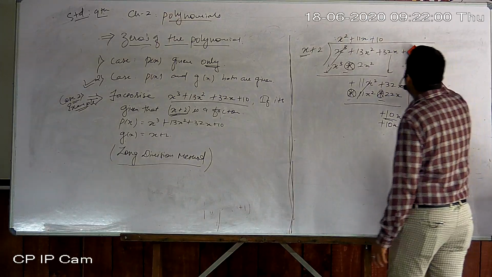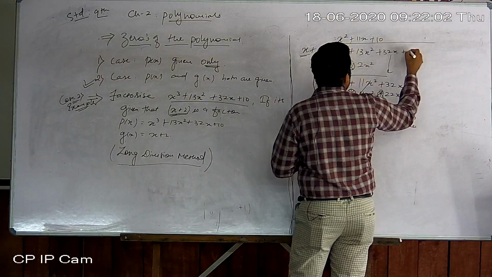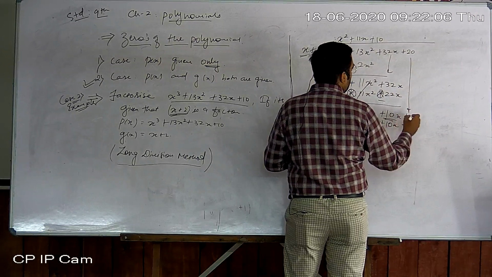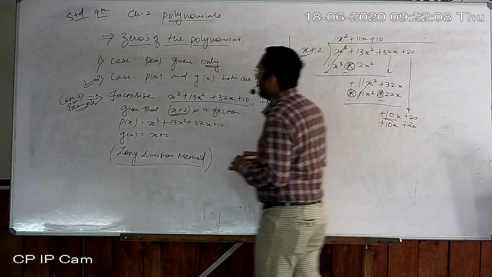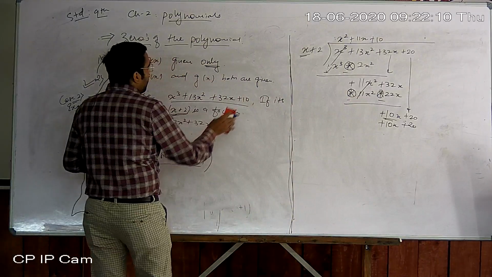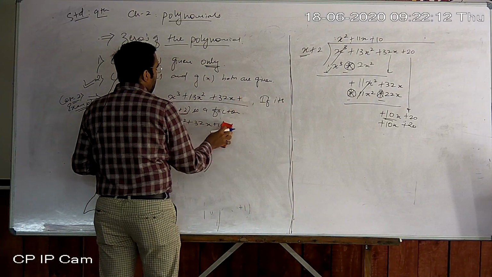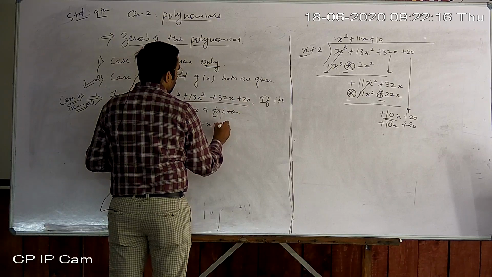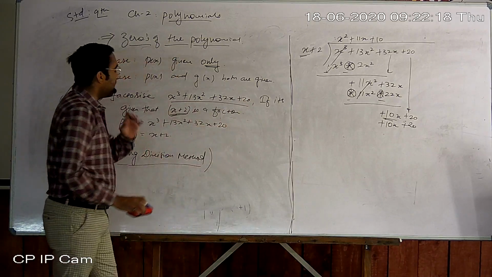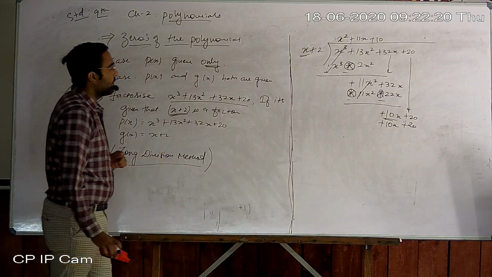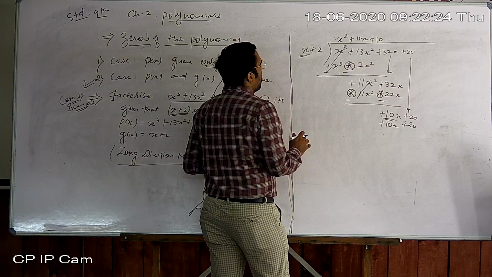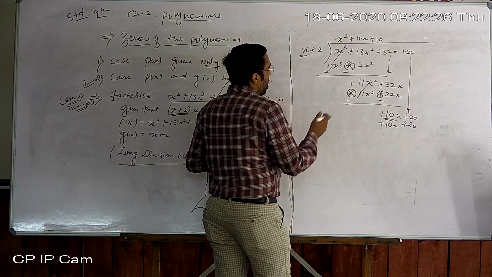Here my question is wrong, here also 20 is given. Please correct the question. In the question the last term given is 20. That is my mistake. Now correct it and come here.